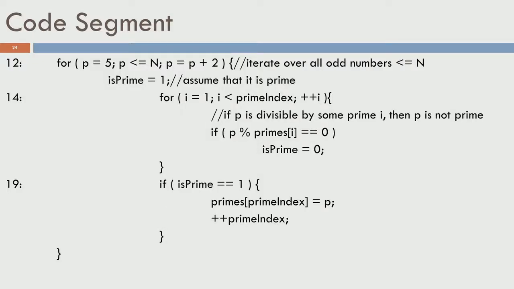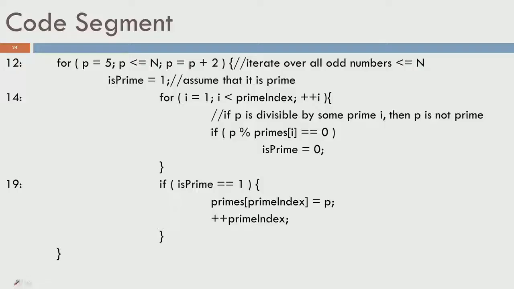So, you can combine each of these techniques. You can have each of these techniques in place, or you can even combine them both to give you a better program. So, this code segment can be modified to do these two changes, right. So, do not go till all the prime numbers less than n, go only till square root, and even in that at some point if you find out that a number is composite, do not go any further, you can break out of the loop.